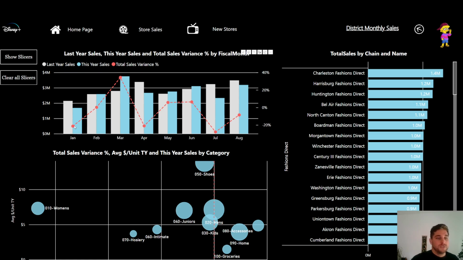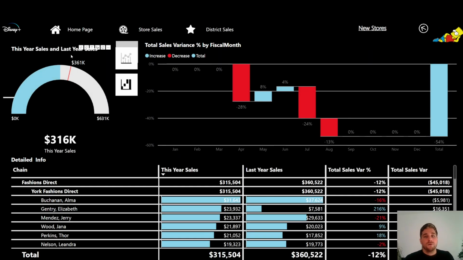But here we could see and navigate through the store sales, doing the comparison, which could be relevant for the store sales manager. As soon as we are done with this kind of information, we can move to the next level. We can see the new stores analysis.